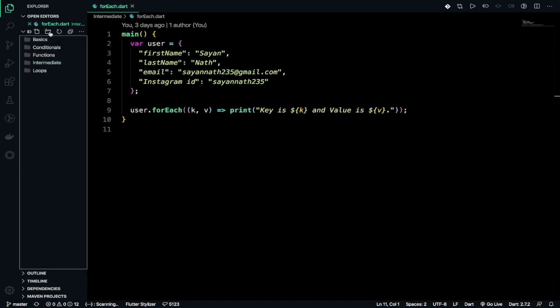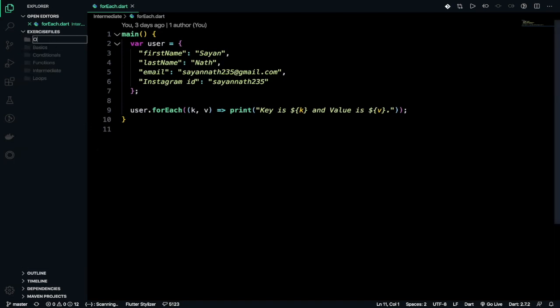Okay, so create a folder and I will name it OOPS, and the full form of OOPS is Object Oriented Programming Language. Under that many things come, but today we'll talk about classes and what classes are.